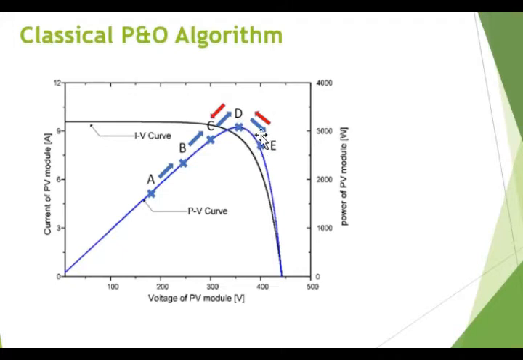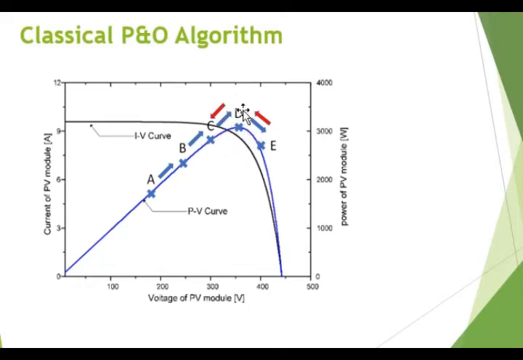When it reaches E, the power is checked and it is less than at the previous point, so it moves back to point D. Then the power at D is compared with point E. As the power at point D is greater than at point E, it seems that in this direction, the red arrow, the power is increasing. So again it is operated at point C. When the power is checked again at this point, it is low. So in the classical approach, the converter is oscillating around this point D.